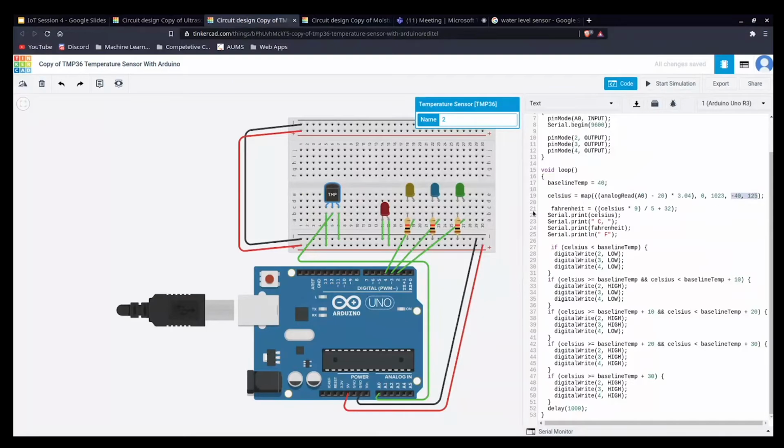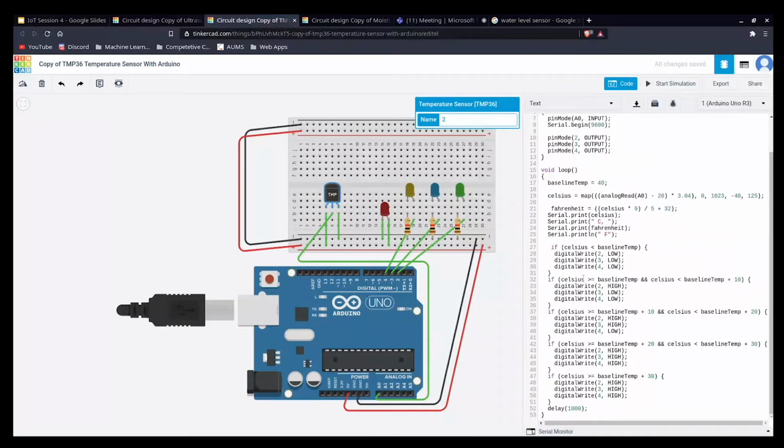So now we have values greater than -40 degrees Celsius and less than 125 degrees Celsius. And now we have the Fahrenheit formula. You might be familiar with this formula for converting Celsius to Fahrenheit. These statements are for printing in the serial monitor.